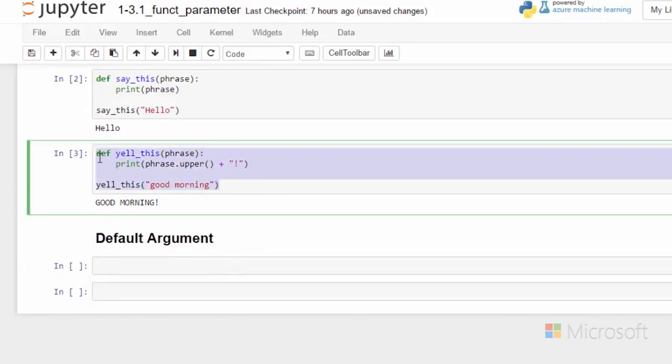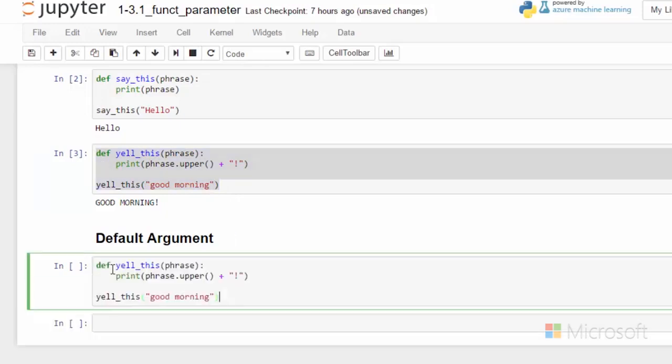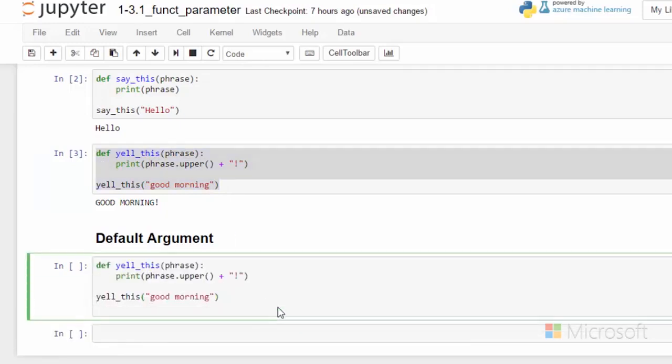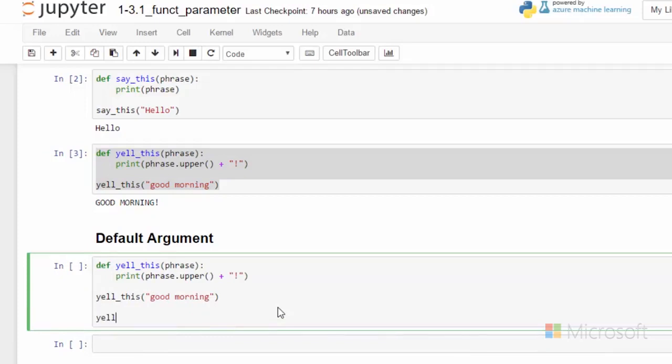But what if we wanted a default value so that we can call this without any arguments? So I want to call yell this just with parentheses and no argument inside. How I would do that is when I define my parameter, I would assign it a value. So I just assigned it a default value of good night, and I can still call it with an argument